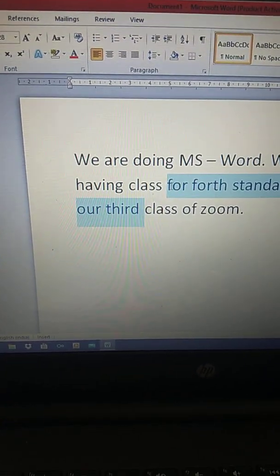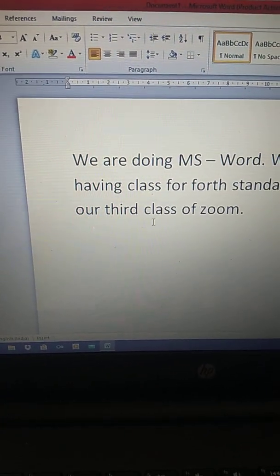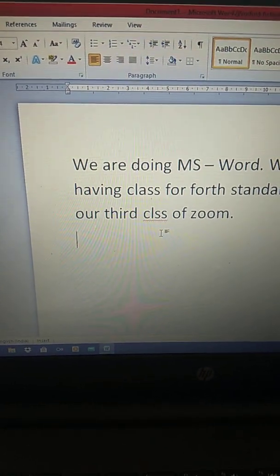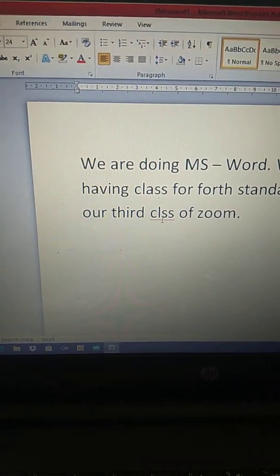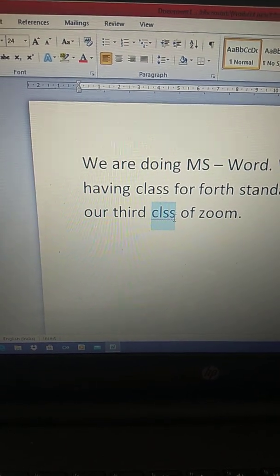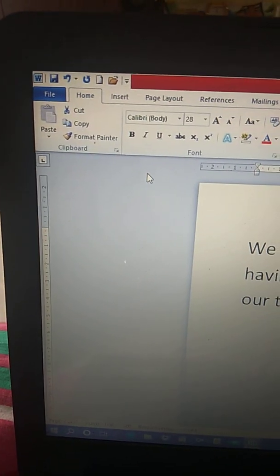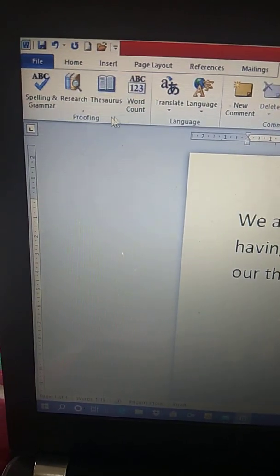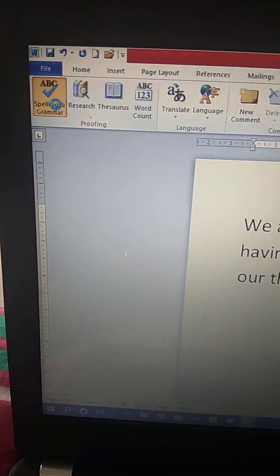The second method is, if I again spell 'class' wrong, there will be a red line under it. Then select this word and go to the spelling and grammar option in the Review tab. There you have the proofing group, spelling and grammar check.